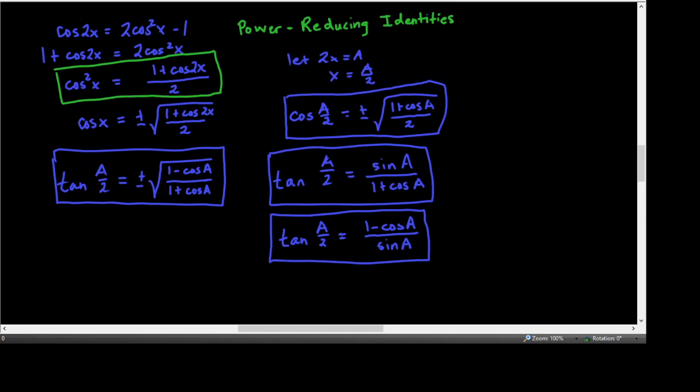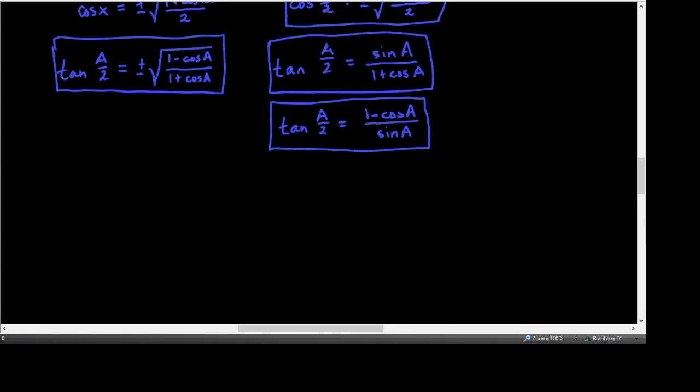So, what in the world is this used for? Well, if I ask you to find an exact value, that means don't pick up your calculator, which means you probably are supposed to use an identity. What's the cosine of pi over 12? Now, I know that you could use a sum difference identity for this one. But if I said, okay, but I want you to use a half number or half angle identity to do this,